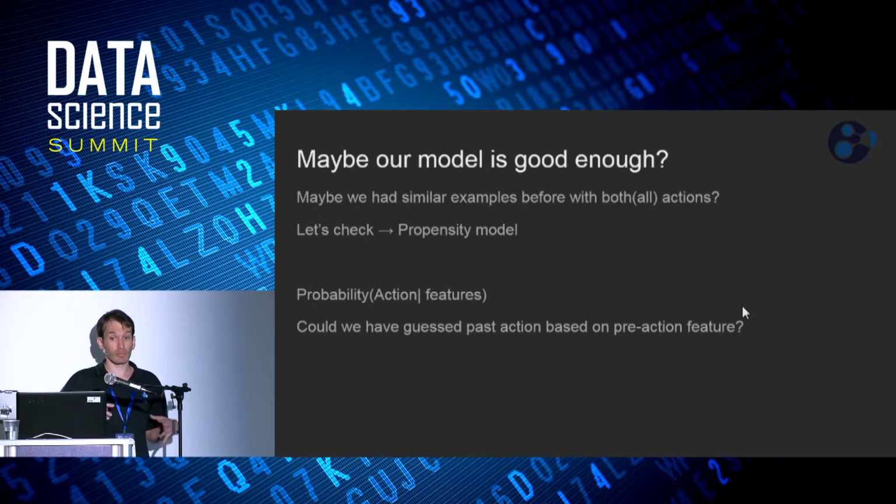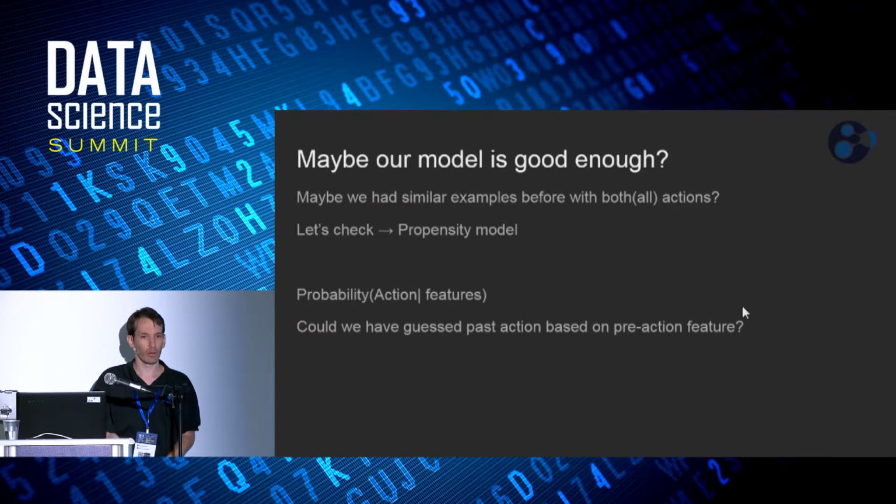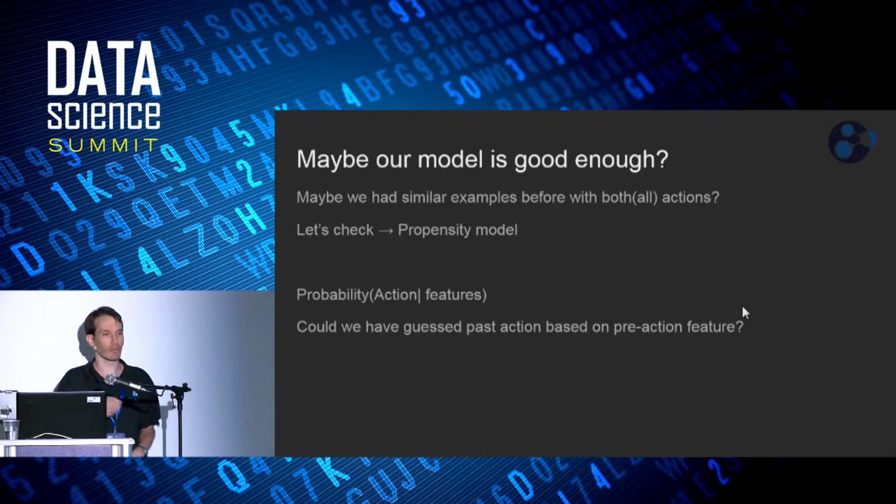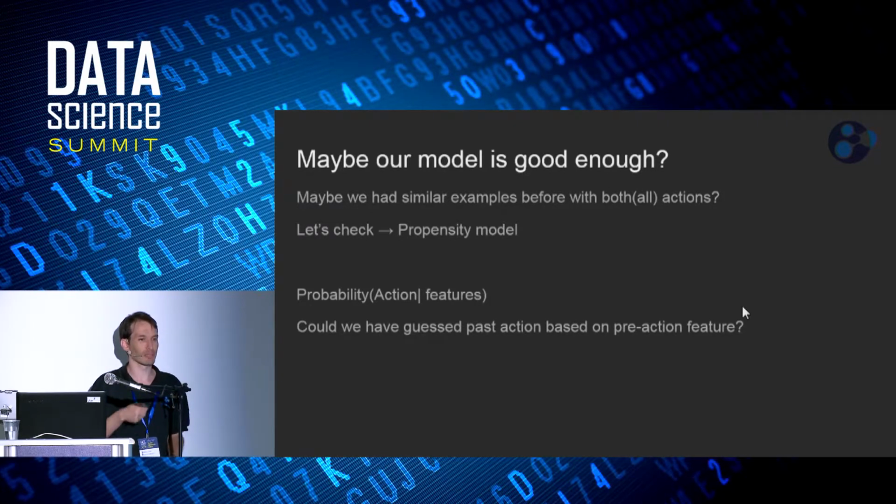And the question is, how do we know? Do we have, for a given individual standing in front of us, common support? So the trick is, we'll introduce the concept of a propensity model. For a propensity model, what we're actually doing is we're modeling not the outcome, not will the patient get better, or will I make lots of money, or will the account churn. We're not modeling that. We're modeling past actions. Did I give him the coupon? Did I call to tell him? Did I give him this medicine or that? So I'm modeling my past action to understand whether or not I have support for my value model.